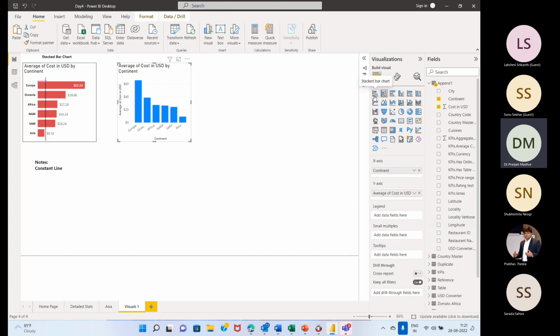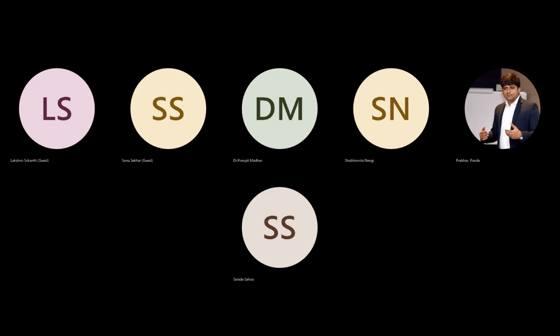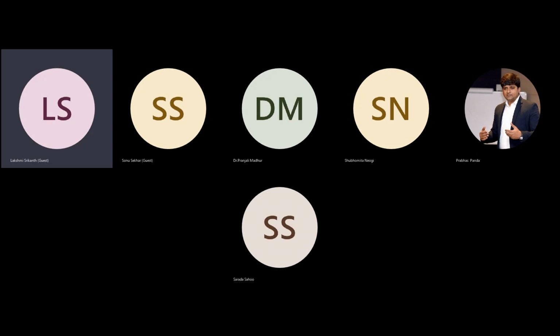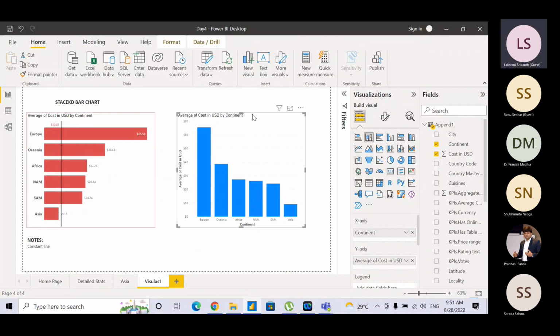What was my mistake? I selected this one. Yes, we are talking about the stacked column chart. You were doing the stacked bar chart. Okay, fine, got it now. You need to be a bit careful when you are doing all this. All right, so now we have done the average cost in USD by continent, but this is with